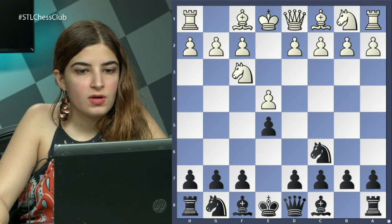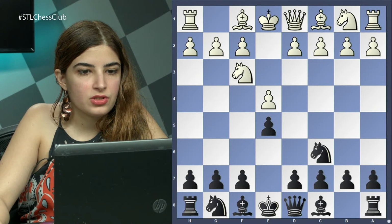I've played a lot against the Italian with black. There are a lot of different variations, a lot of different ways to play it, and I've played a lot with different openings, different ways, and so far I think I'm happy with what I've found, and I'd like to share that with you today. So let's dive in. This is the typical position for